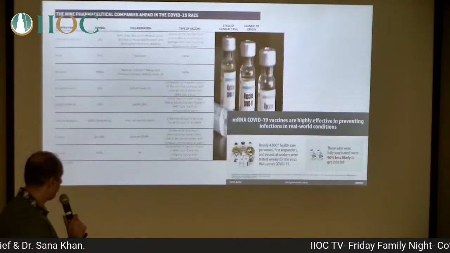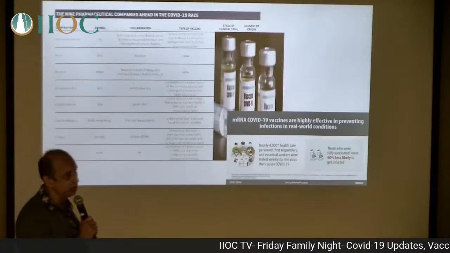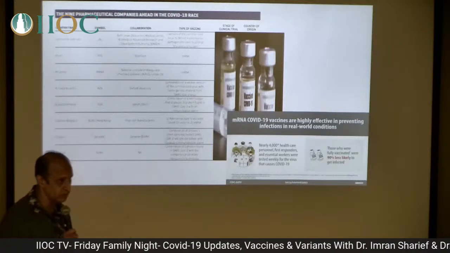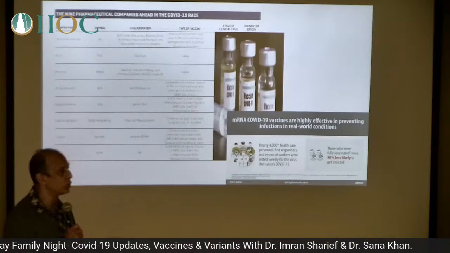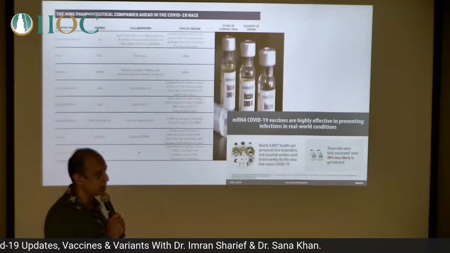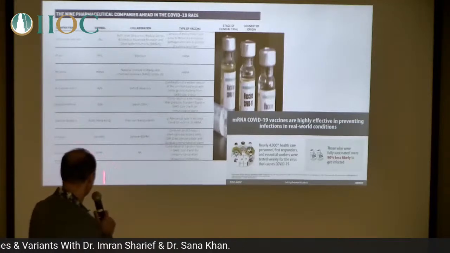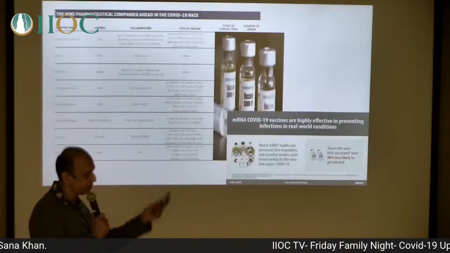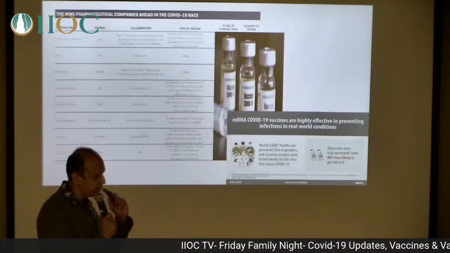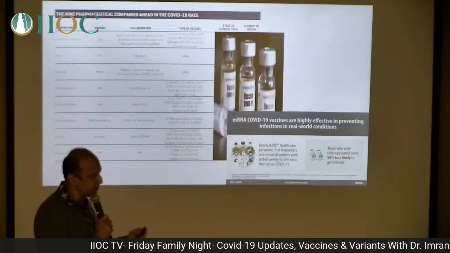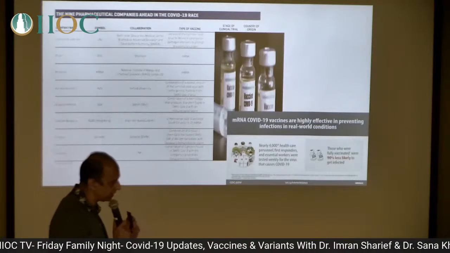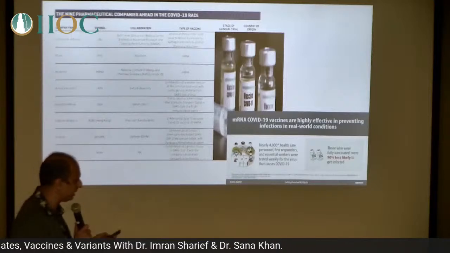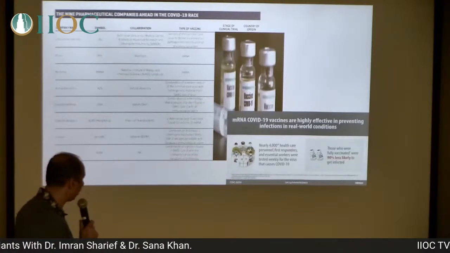So these are just to give you an idea. When we were working on the vaccine initially, there were almost 200 pharmaceutical companies in the hunt. These are just examples, and I forgot to mention Sputnik V, which is a Russian vaccine, and this was named after a spaceship that they sent up, I think, probably in the 1960s. And that's also, according to them, effective.